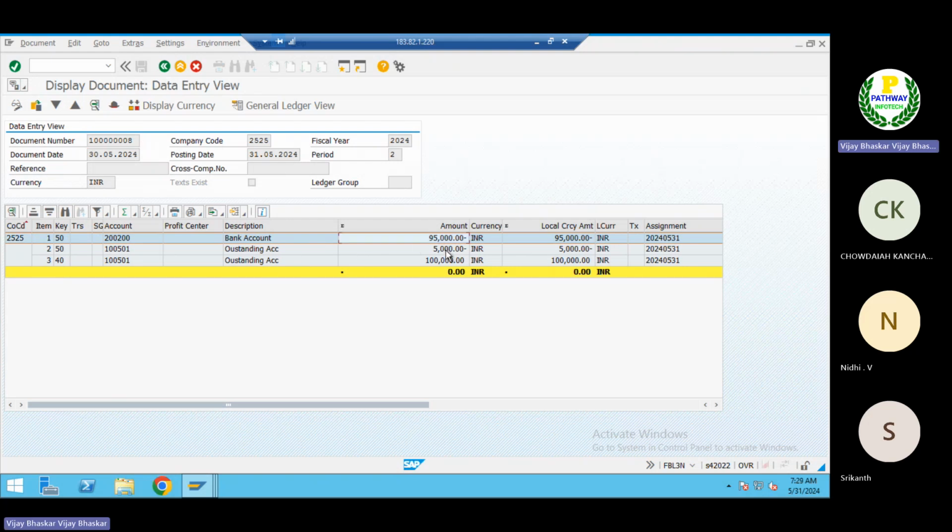The outstanding amount is still outstanding, this is a payable amount. See, the original amount is a debit, the original 1 lakh rupees, but you still have to pay 5,000 rupees. Still it is in open state. From the bank account, you have already made the payment. So now again, if you go and clear this one, then the 5,000